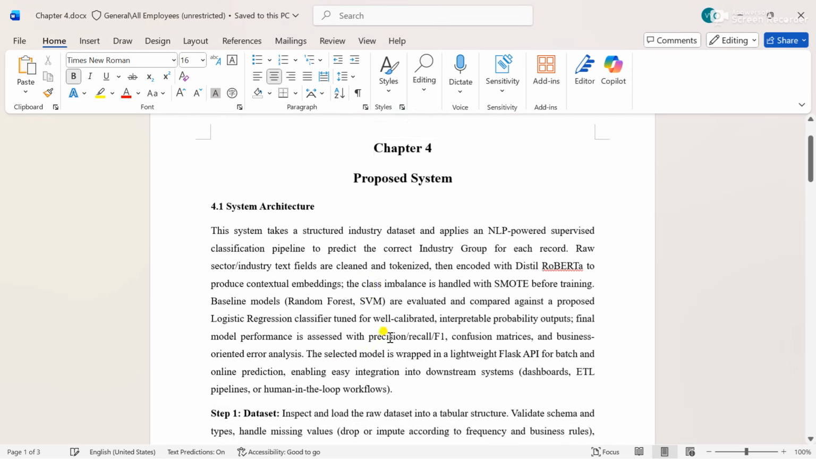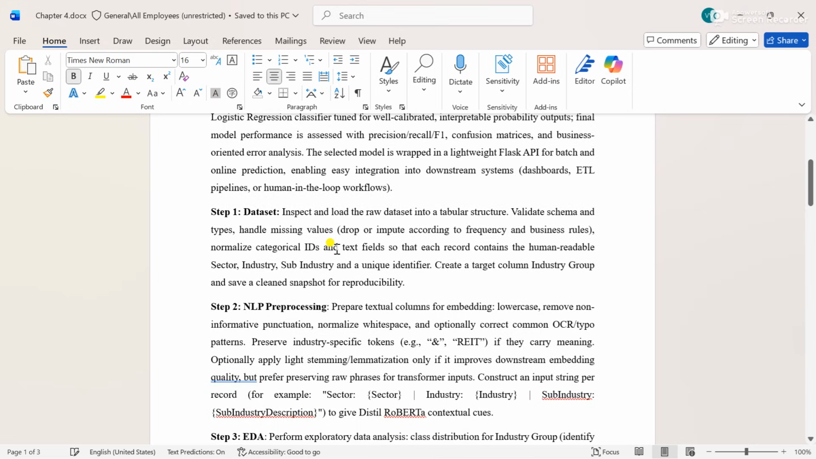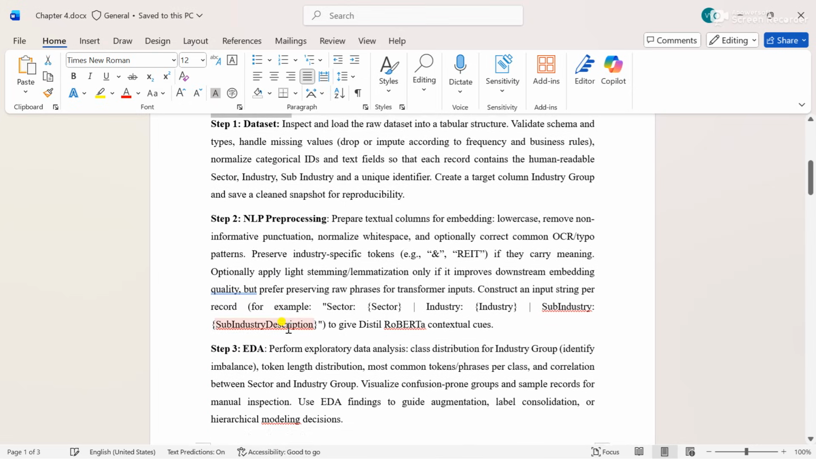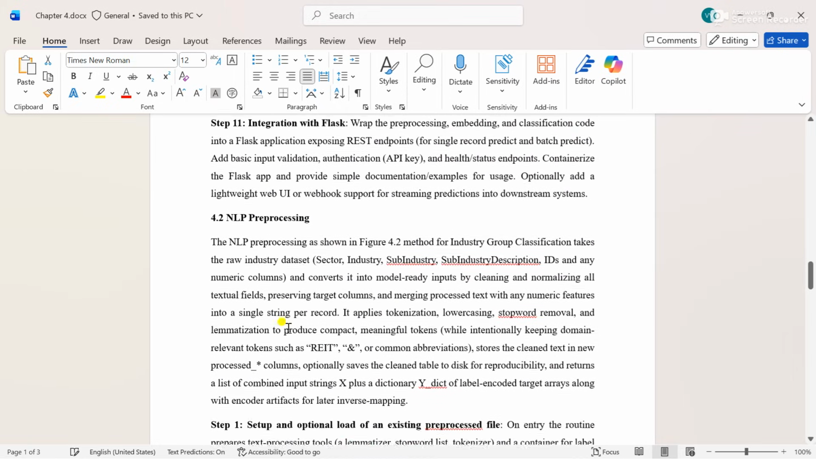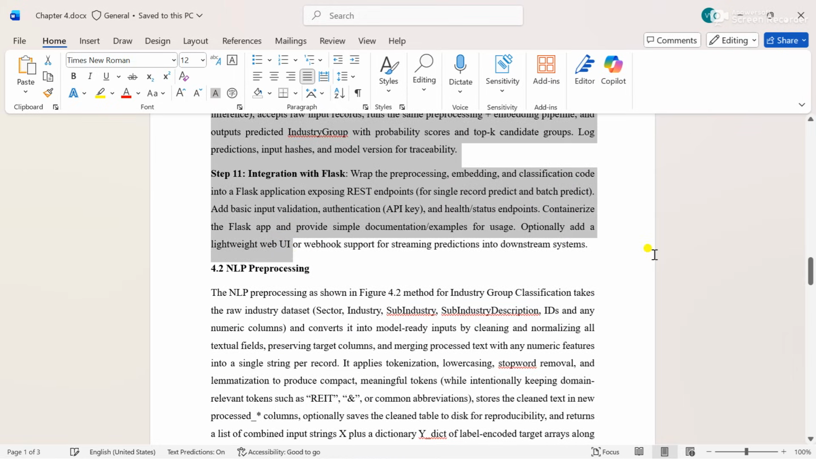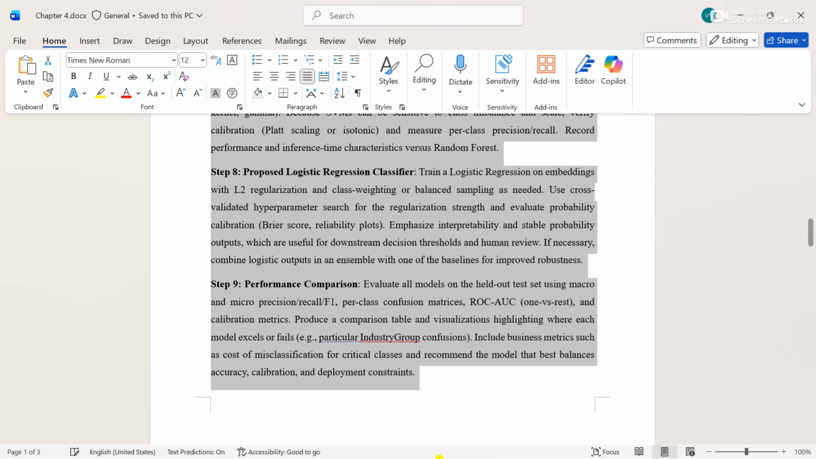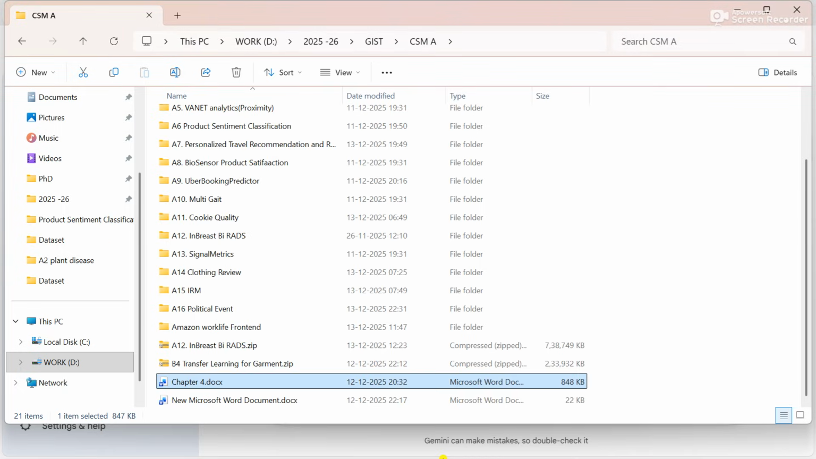First, for chapter 5 itself, whatever you did last time in 4.1 system architecture, data set, NLP pre-processing, whatever the steps, copy this one. Copy this one. Okay, remember it should be perfect. If you have completed this one, it is perfect. Copy this one. Then